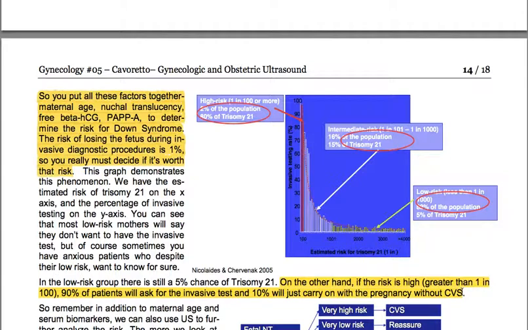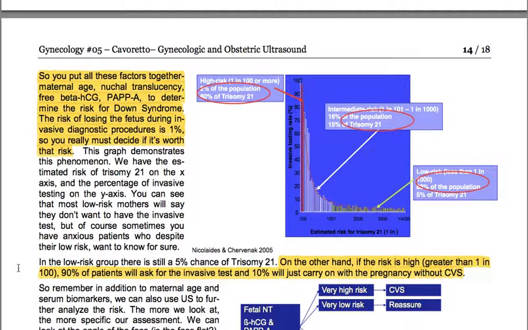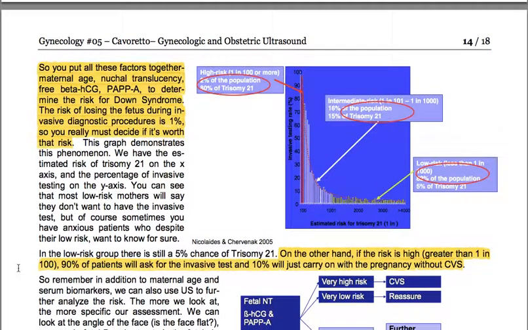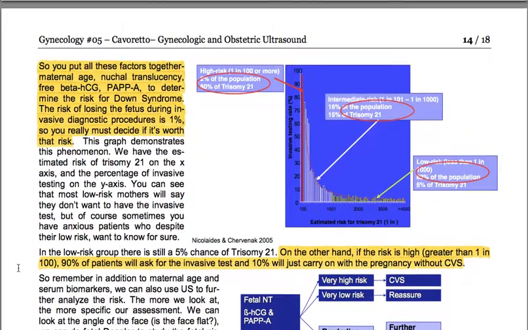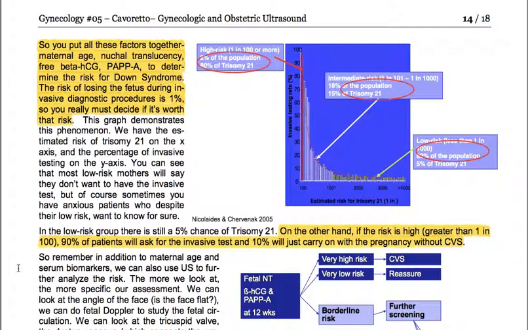without chorionic villus sampling. So remember, in addition to maternal age and serum biomarkers, we can also use ultrasound to further analyze the risk. The more we look at, the more specific our assessment. We can look at the angle of the face. We can do fetal Doppler to study the fetal circulation. We can look at the tricuspid valve,